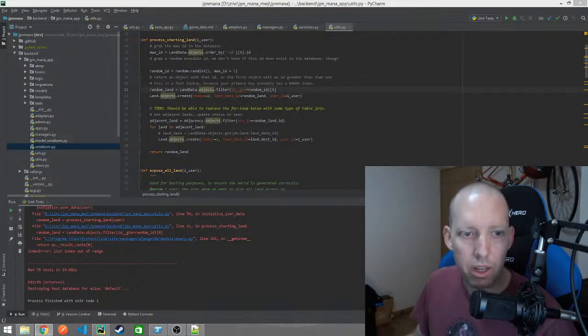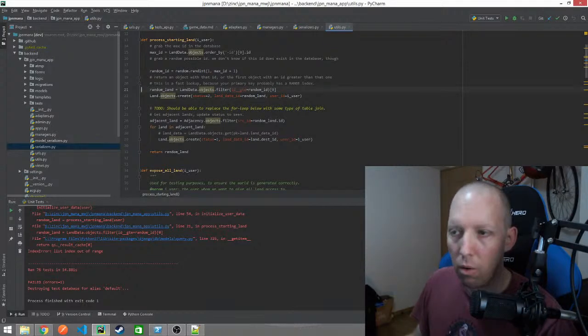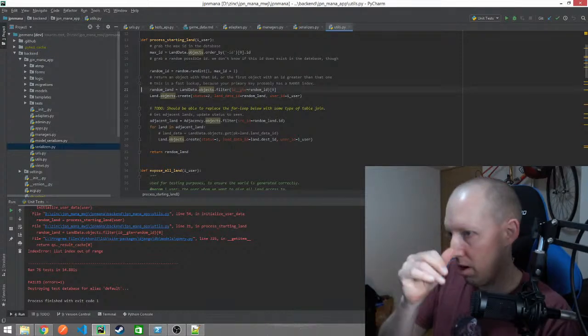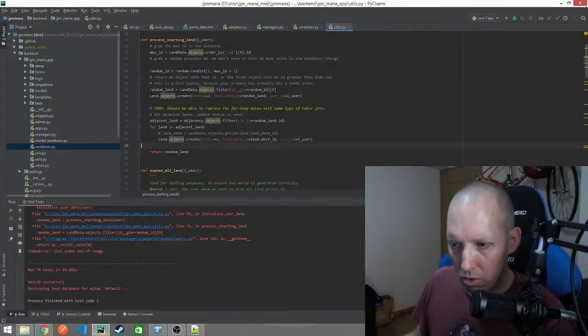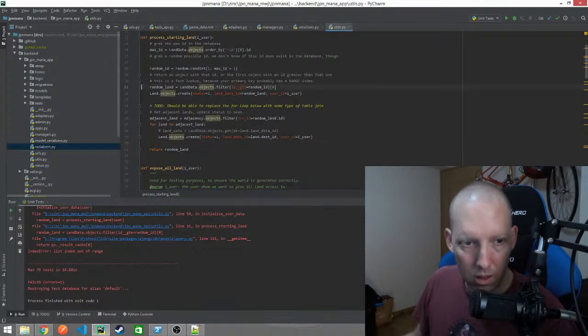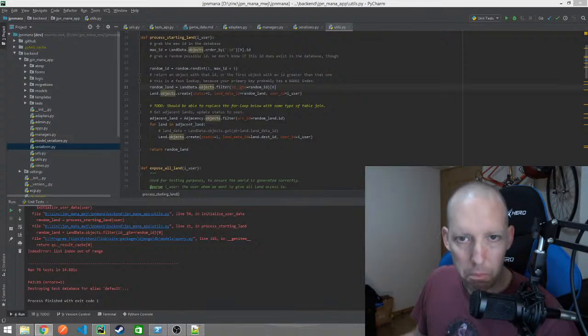So I'm going to implement social media login to just the login in general, so that you can register with Facebook or Twitter or Google. But I'm also going to try to fix this bug that we have